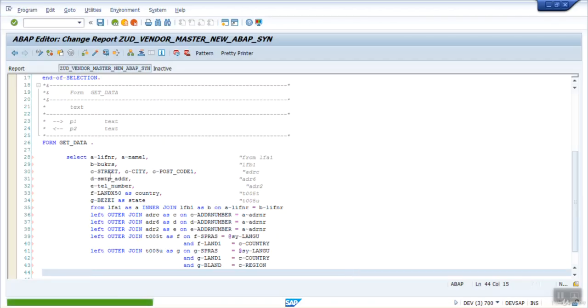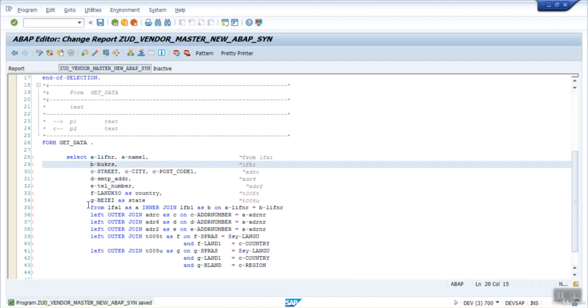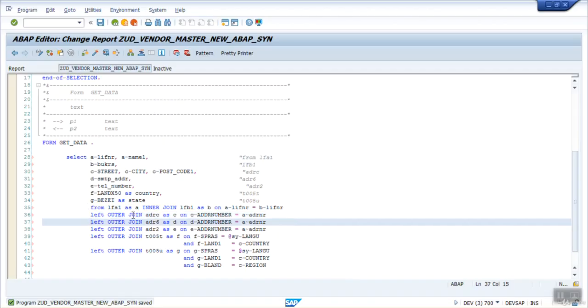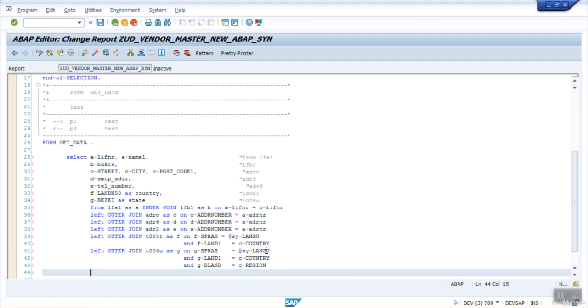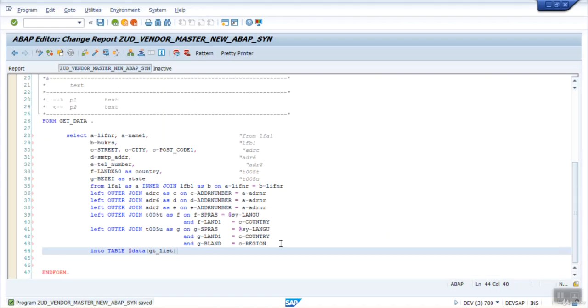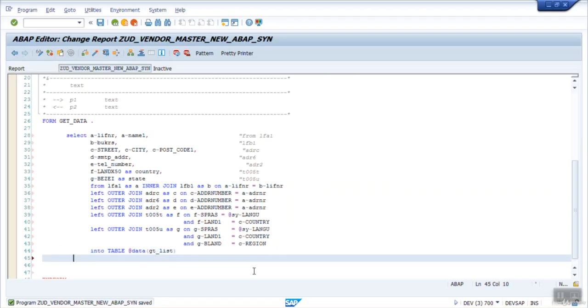Now till now we have defined the fields which we want to select. We have given the join condition from the source tables from where we want to select. Now we have to give the INTO TABLE. For the new ABAP syntax we have to write @DATA in the bracket, and give the table name. Whenever we are selecting from the database with new ABAP syntax, we have to use @DATA, and in the bracket give the table name. Now finally we have to give the where condition, where my A lifnr in